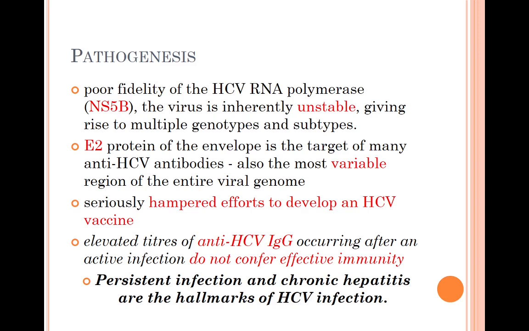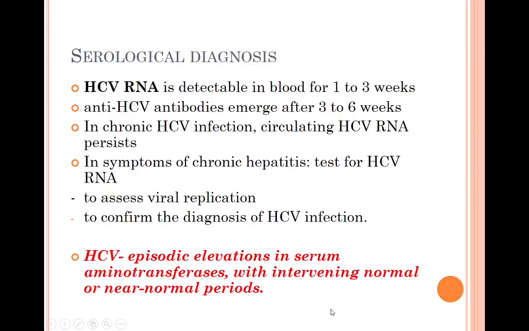Okay, so that is what you have to understand about HCV. Persistent infection and chronic hepatitis are the hallmarks of HCV infection. For serological diagnosis, HCV RNA is detectable at 1 to 2 weeks. Antibodies can also emerge after 3 weeks. In chronic HCV infection, there can be circulating HCV RNA. In symptoms of chronic hepatitis, we have to test for HCV RNA to assess the viral replication and to confirm